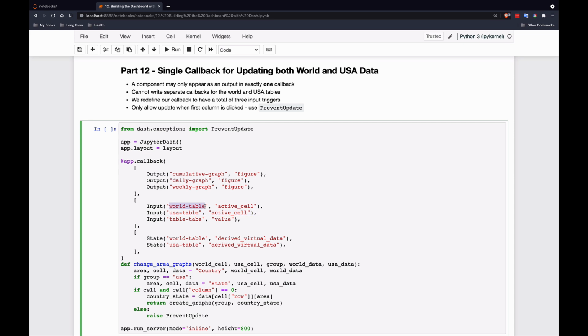So in this video, what we want to do is replicate that functionality of the world table with the USA table. So whenever someone tabs over to the USA, clicks on a state, we want those graphs to change to be the data for that particular state. Now, one issue here is that